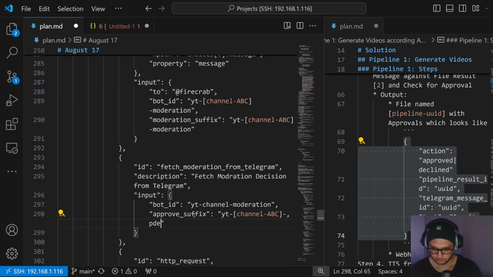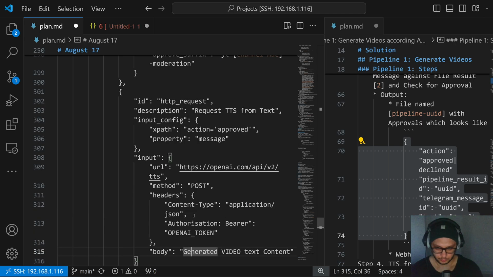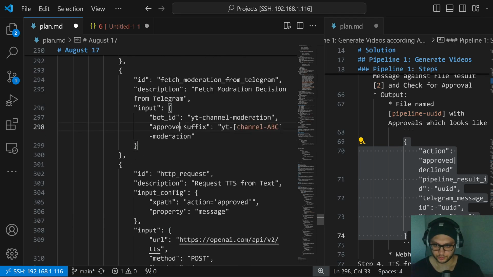Approve suffix resolves, but moderation suffix. That is correct. And then I must check if it's empty